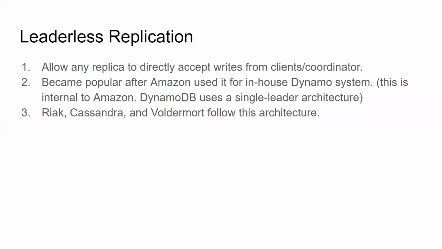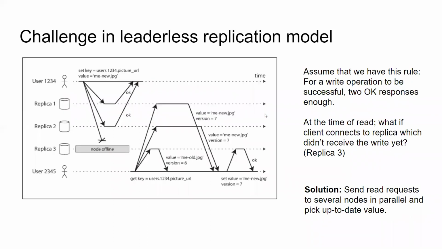And the idea is you want to allow any replica to directly accept writes from the clients. The idea has been there in research since the 1970s, but for all practical purposes, it became popular after Amazon adopted it. And there are these commercial systems which are using this architecture. So let's look at an example